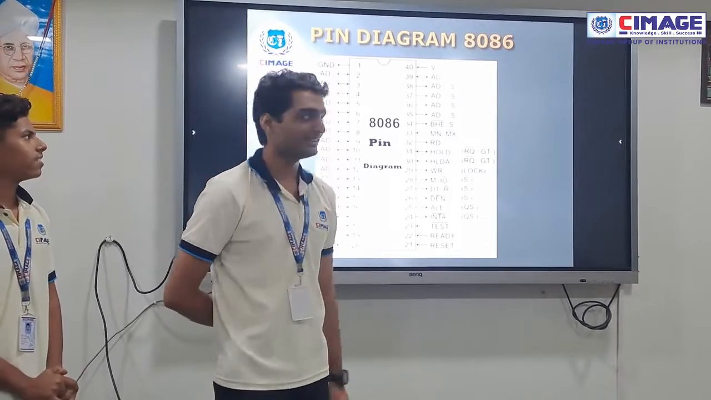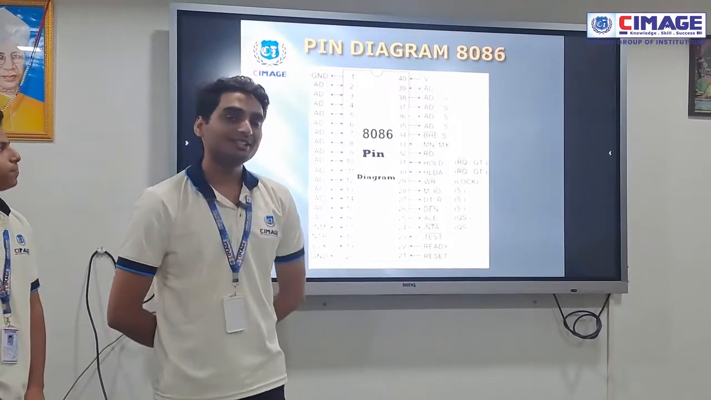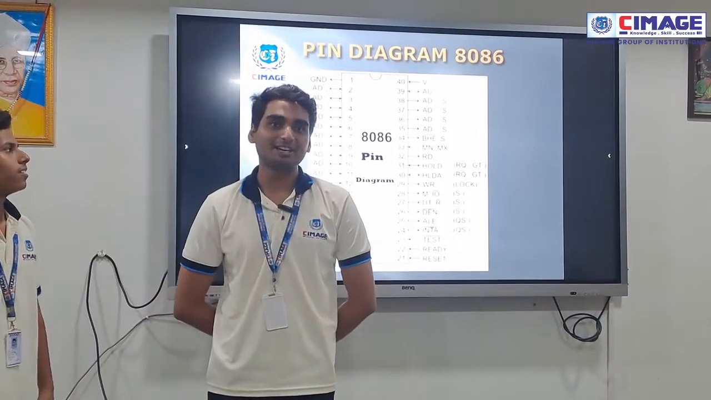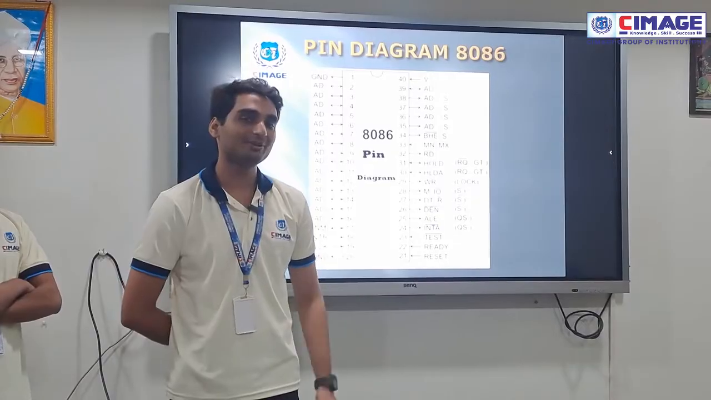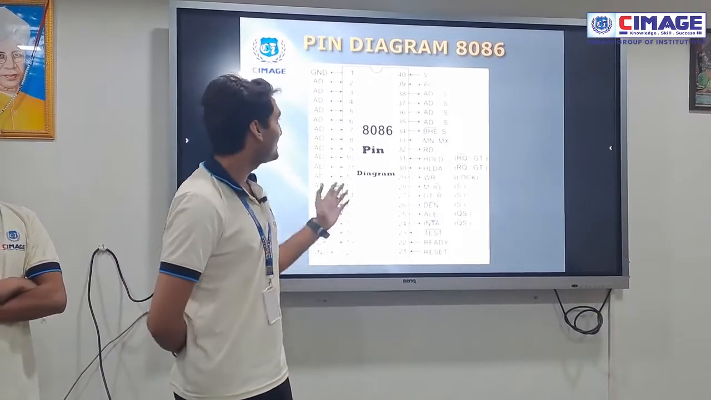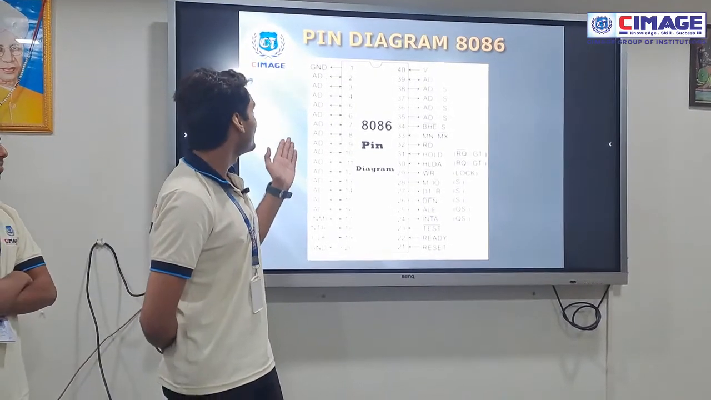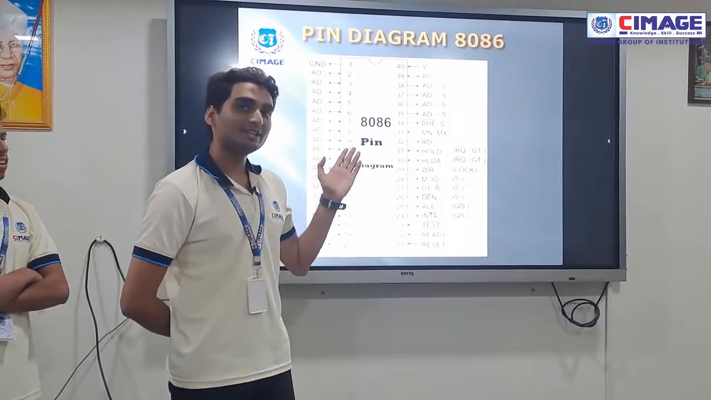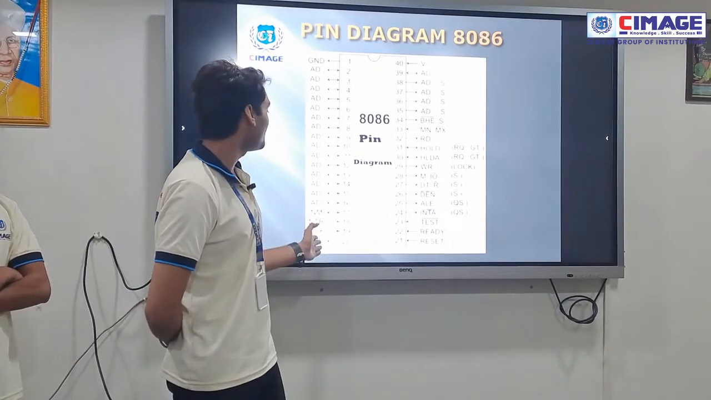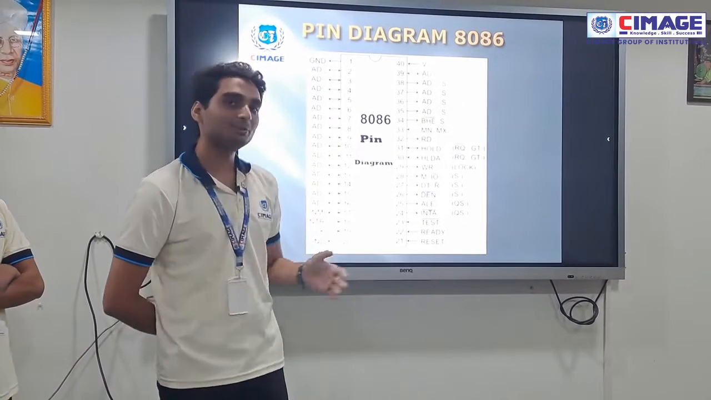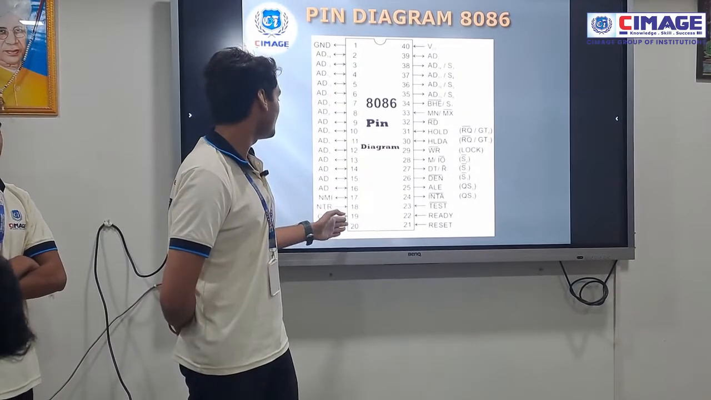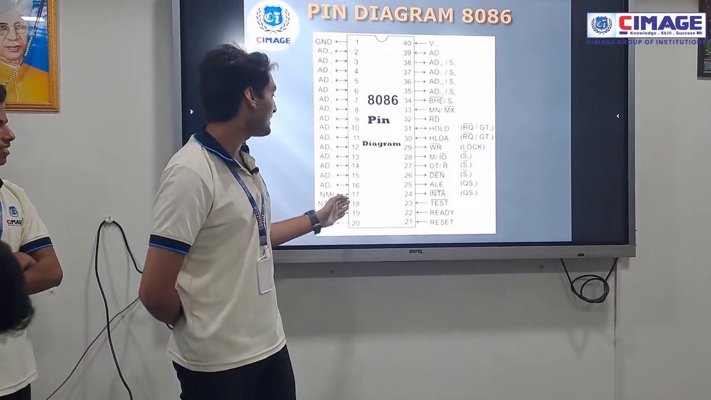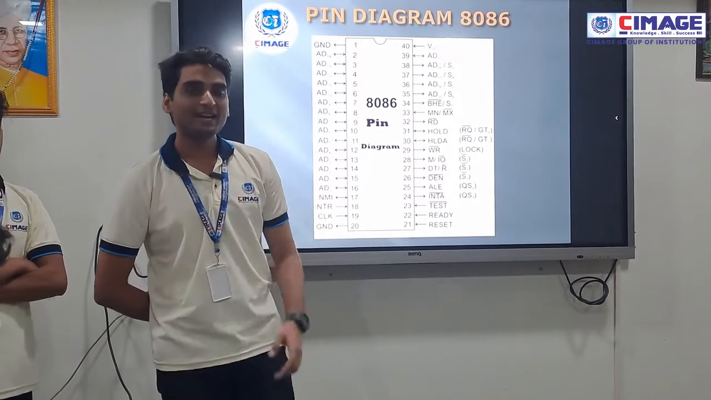So let's see. In the 8086 microprocessor, there are 40 pins available. Some pins are multiplexed and some pins are unidirectional and bidirectional. As you can see here, pin number 1 is the ground pin and pin 20 is also a ground pin. After 20, the 19th pin is clock, the 18th one is interrupt, and the 17th